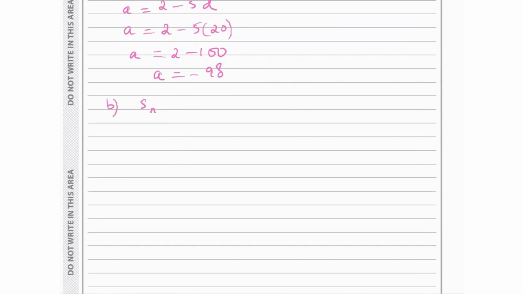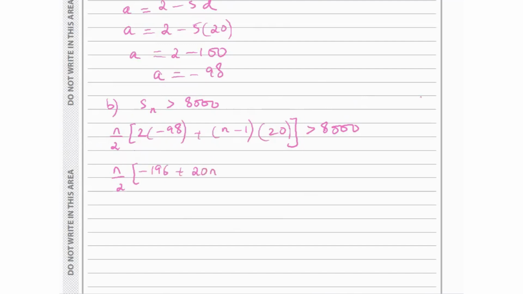So Sn is greater than 8,000. That's going to be n over 2 times 2 times negative 98 plus n minus 1 times d, greater than 8,000. So let's simplify this. n over 2 times negative 196 plus 20n minus 20,